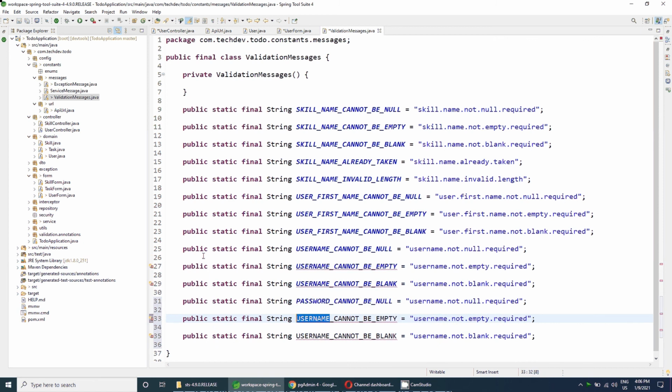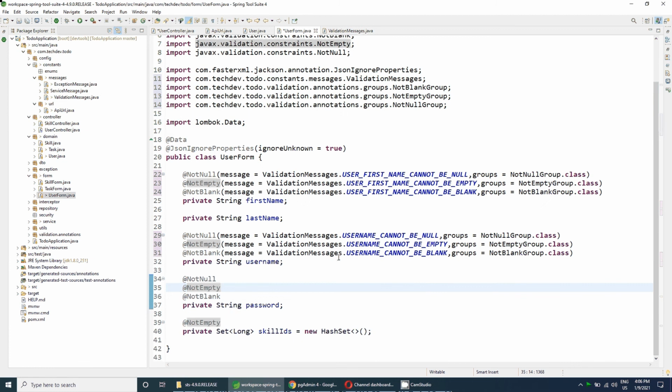Password, and this username will be replaced with password. So password related validation messages also written. So let's add them here.